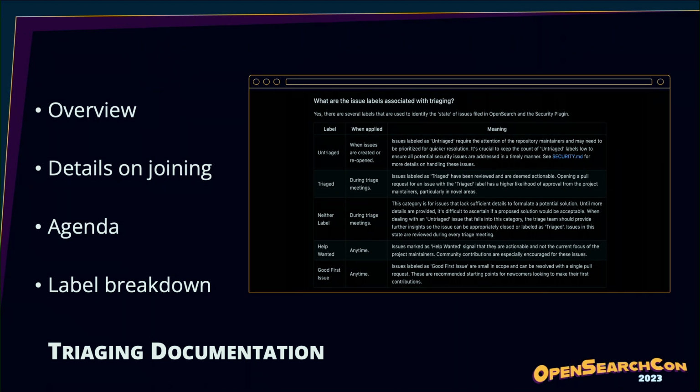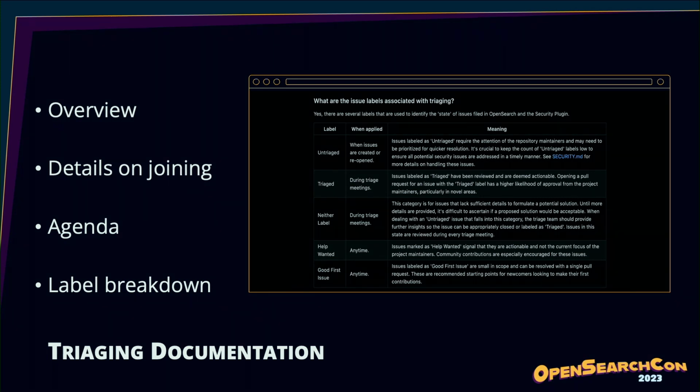However, this did not contribute to the open source nature that we hope to exemplify. It's not accessible, it's not collaborative, and certainly not decentralized when the majority of the maintainers are from Amazon. As a result, we opened our open triaging meeting process and released our public triaging markdown file.